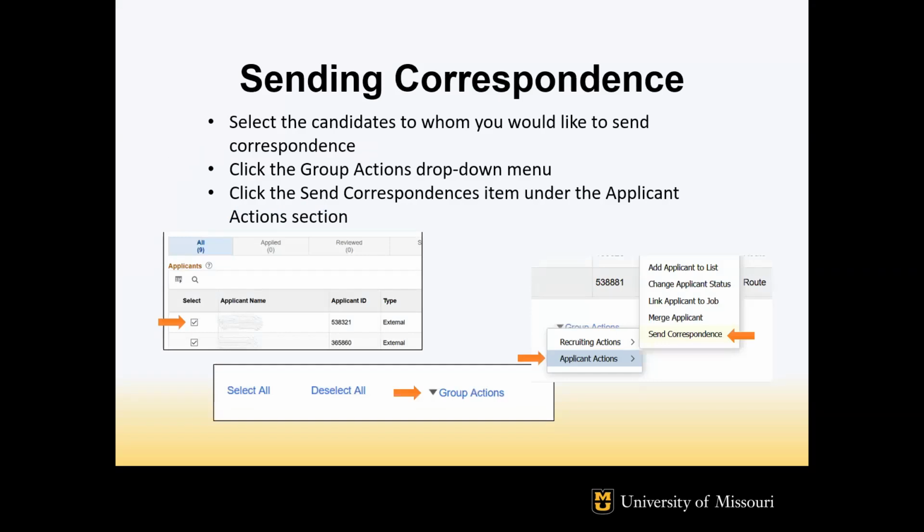All candidates should receive correspondence from the hiring departments. Correspondence should be sent before you mark a candidate as rejected as an applicant. Correspondence can be sent to individuals or to a group of applicants. You would select all of the applicants you wish to send correspondence to, go to the bottom and click on Group Actions, Applicant Actions, and then Send Correspondence.